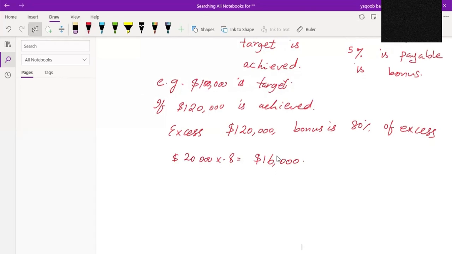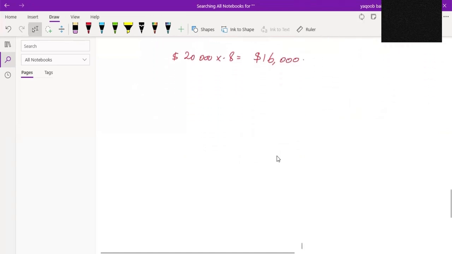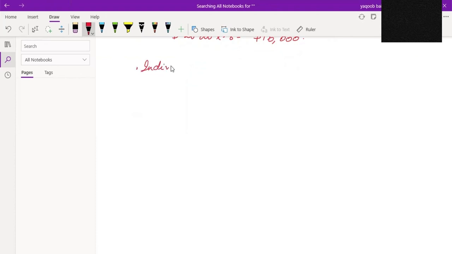Apart from this, the next type of bonus is the individual bonus scheme. Individual bonus scheme is the one where bonus is paid to the individual. Next one is flat rate bonus. Flat rate bonus is the one